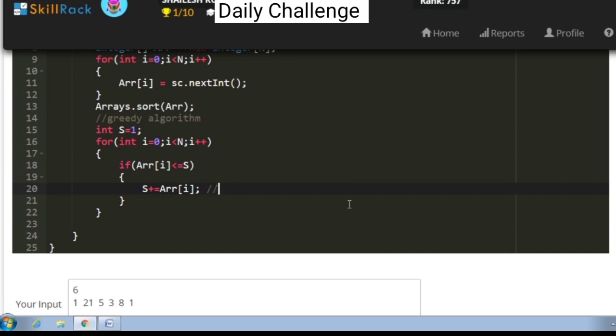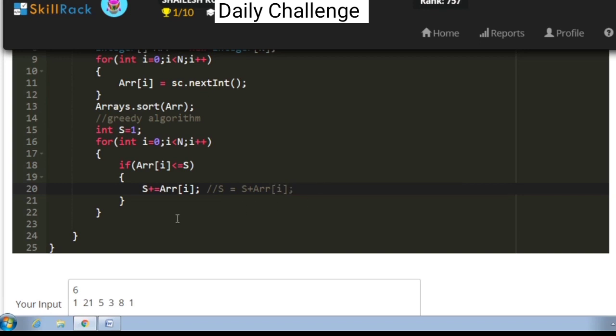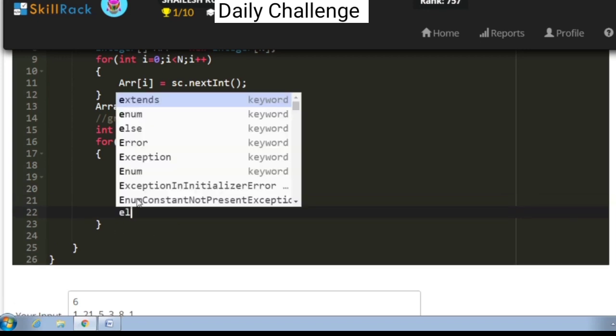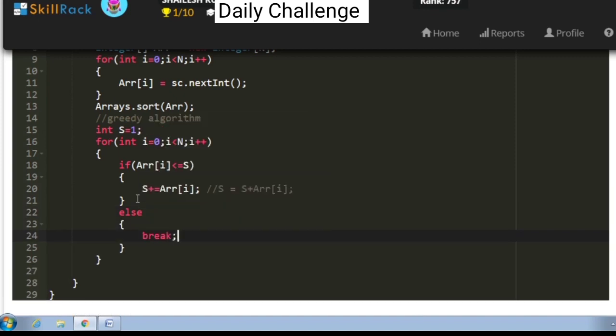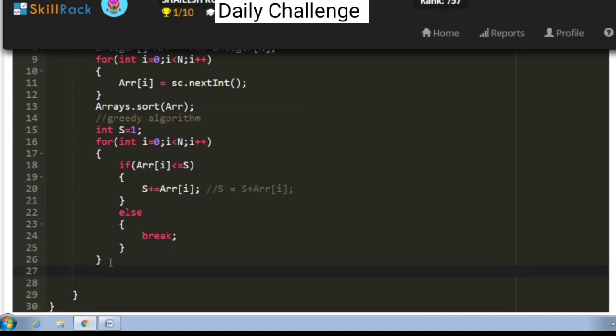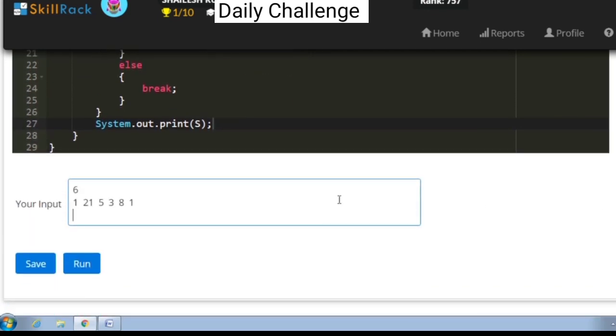So this is the same as s equals s plus arr of i. And whenever this condition fails, we are going to break out of the loop, and finally we shall print the value of s. So let us give a sample test case and check whether this works or not.